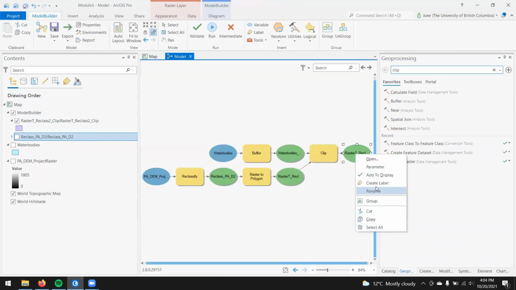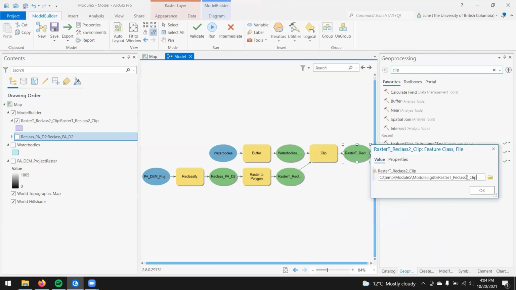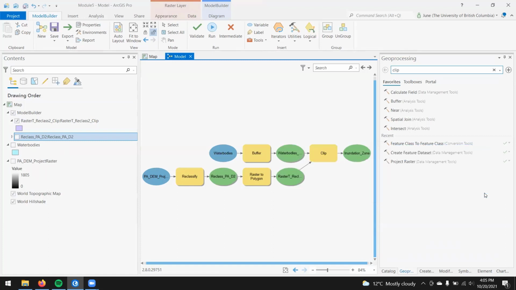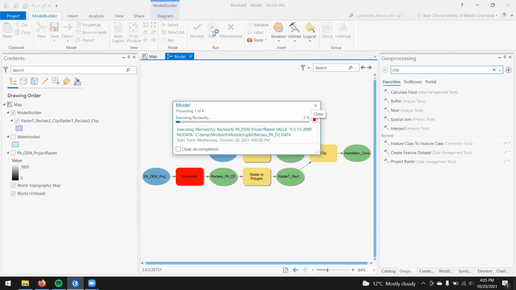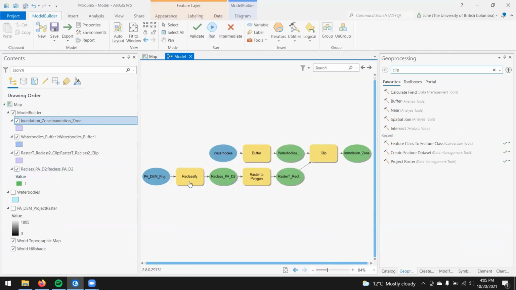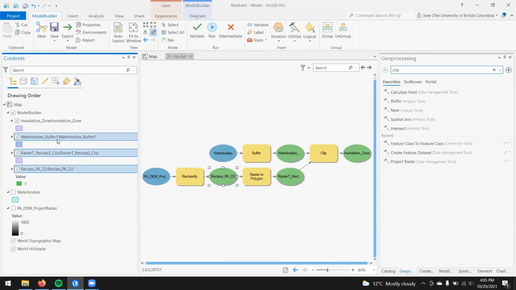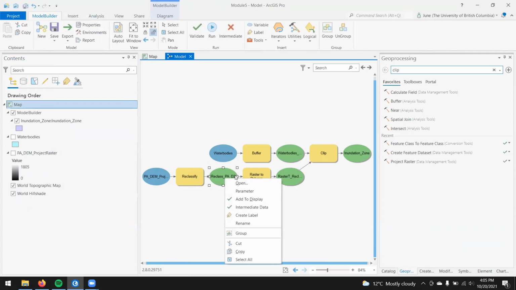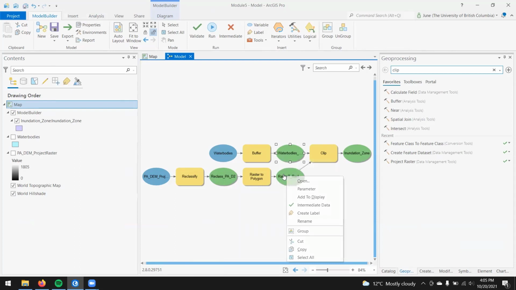So you could even give this a better name if you want. You can open the output dialog, change the name, call it inundation zone. Click OK. You want to run it again, it'll rerun the whole model. Just takes a few seconds. Now notice what happens when you leave these add to displays checked, right? It adds all these values that we don't need, right? So you can, generally speaking, just leave the add to display turned off for most things unless you want to